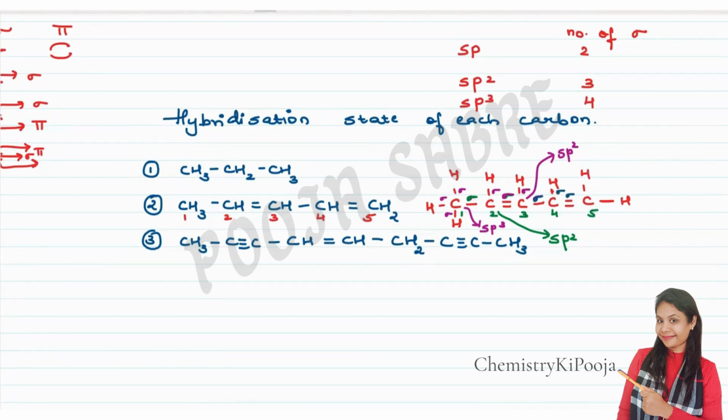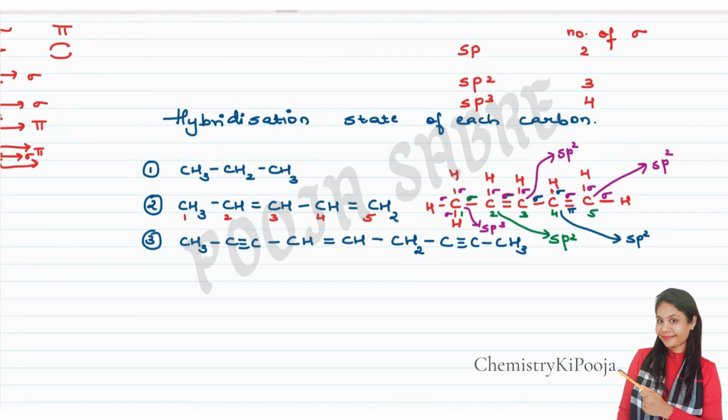Okay, because the double bond has one pi bond also. So this will be the pi bond. And we are considering only and only what, students? We are considering sigma bonds. So this carbon will be sp2. And then the fifth carbon, again there is 1 sigma, 2, and 3. Then the fifth carbon will again be sp2. Clear? Okay, so this is how we are going to solve the type of hybridization state for each and every